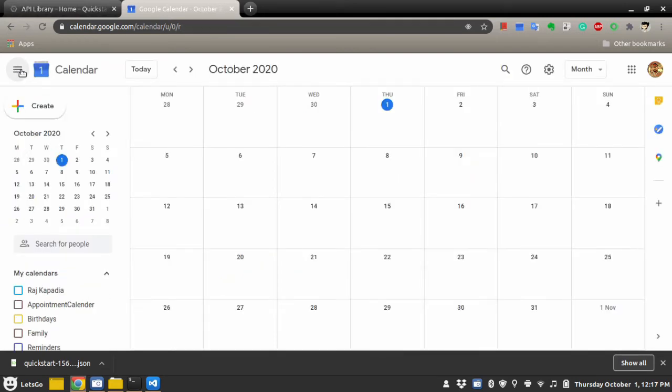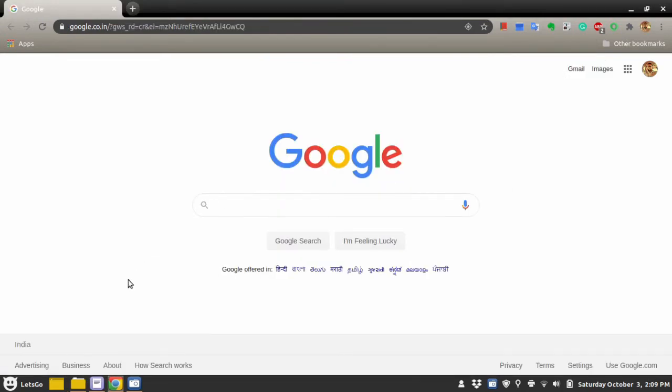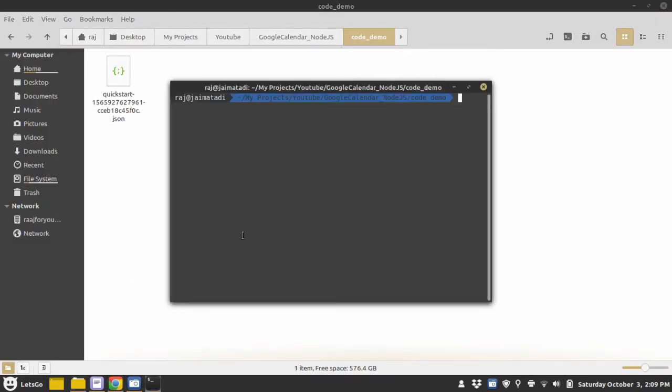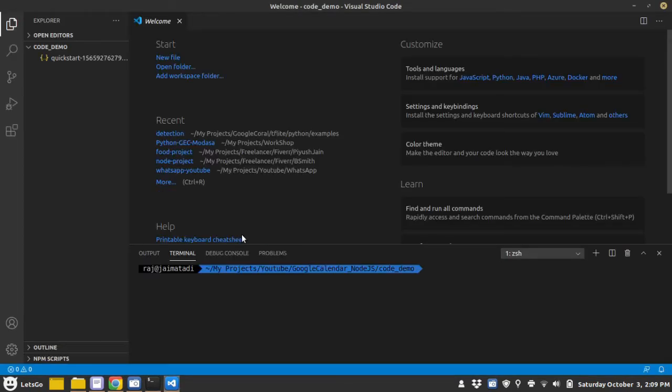Okay. Now we are ready to go with the Node.js part. Now let's open the project folder into Visual Studio Code. I will start with creating a new npm project by npm init.